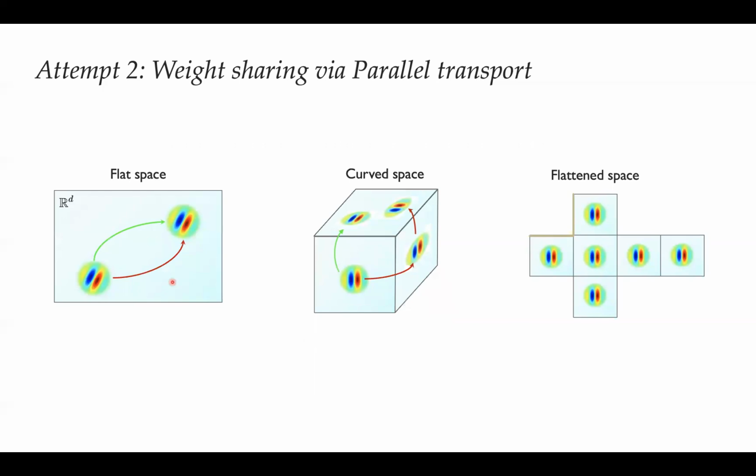Here's another way to see the same. In a flat space, if we move a filter, it doesn't matter what path we choose. And in a curved space, it does matter. So it's maybe strange to call a cube curved, but actually it is curved in the sense that, for example, around the corner, you cannot flatten this piece of the manifold without cutting the shape. And you see if we take this filter here on the front face, we move it to the top like this, we end up with a filter in a different orientation than if we first move to the side and then to the top.